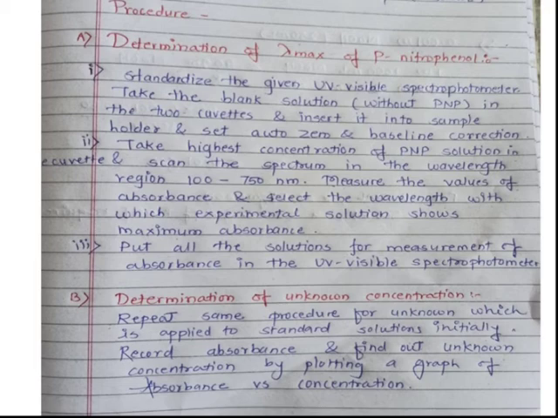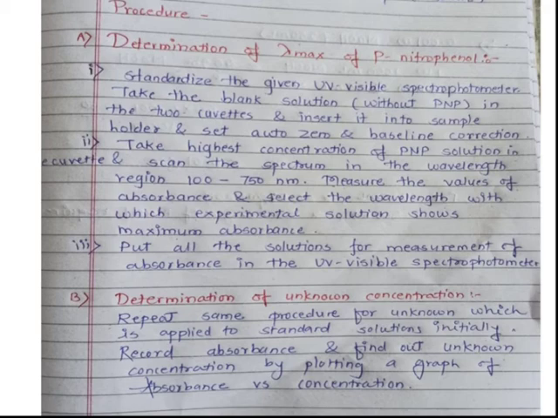First part is determination of lambda max of para-nitrophenol. Here, initially we have to standardize the UV visible spectrophotometer. For that, we have to take a blank solution. Blank solution does not contain para-nitrophenol. In the two cuvettes, take blank solution and insert it into the sample holder and see it auto zero and